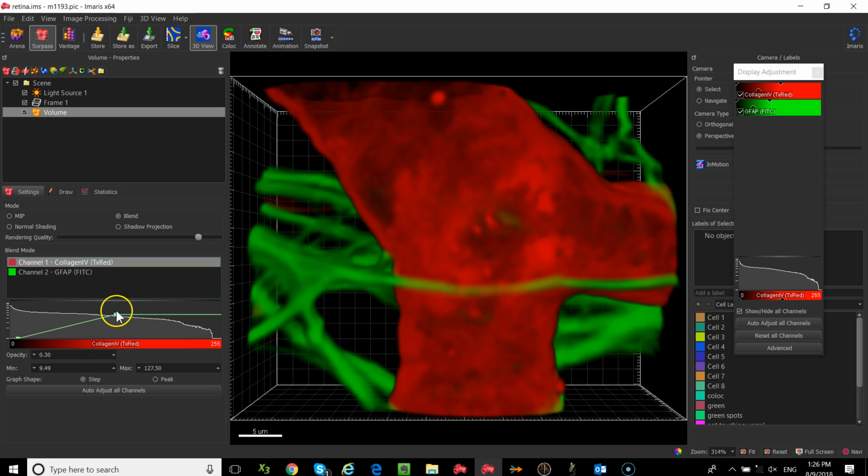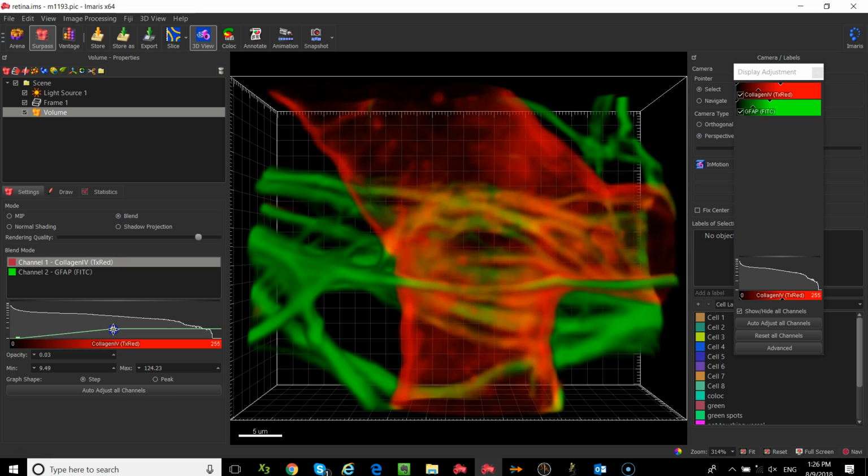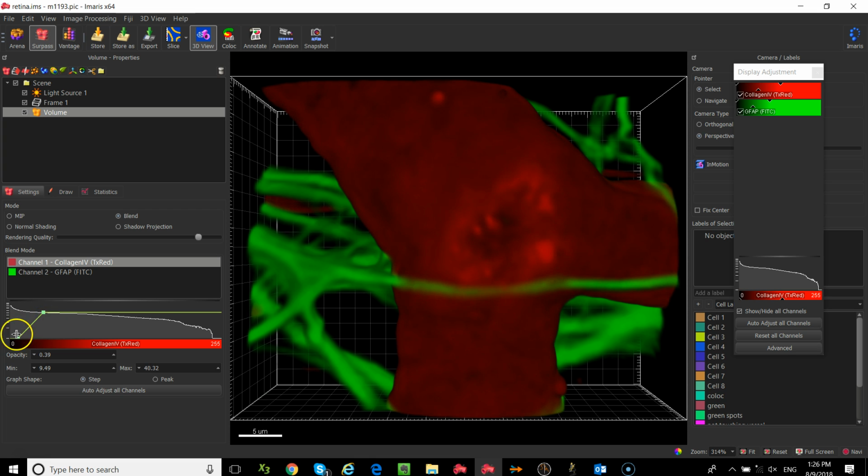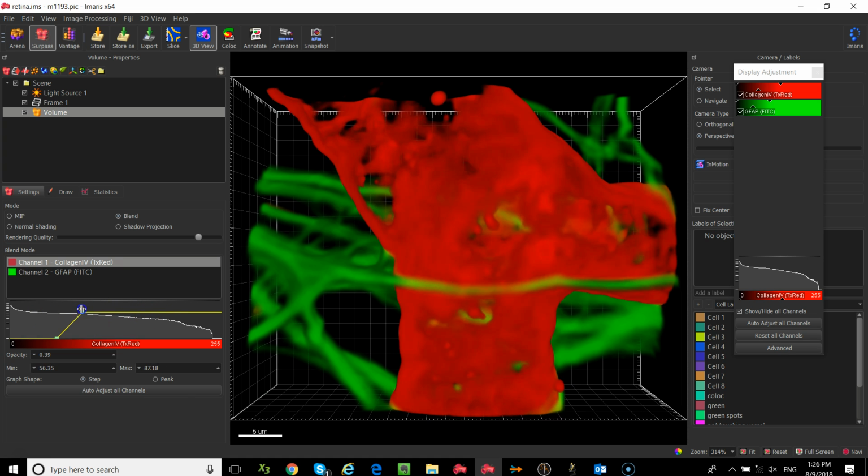Okay? If I grab this right in the center here for the red channel, you'll see that if I pull it up and down, it will change the opacity of that particular channel. And depending on where you have that placed, it's basically applying it to a particular intensity range. So if you drag it down or towards the left-hand side, it's going to make more of the dimmer intensities look more solid. And as you bring it over to the right-hand side, it's going to focus more on the brighter